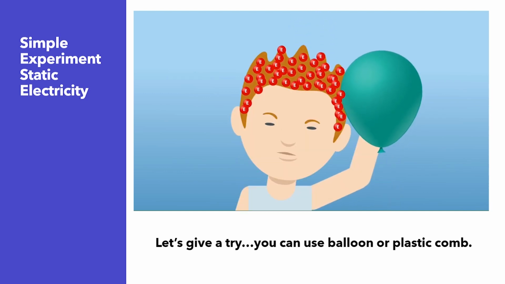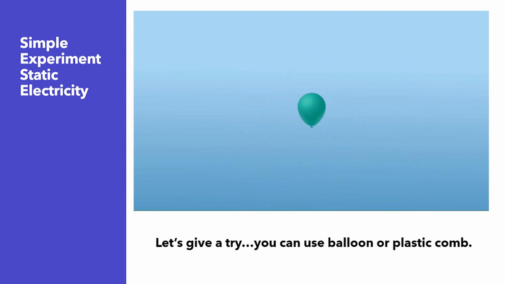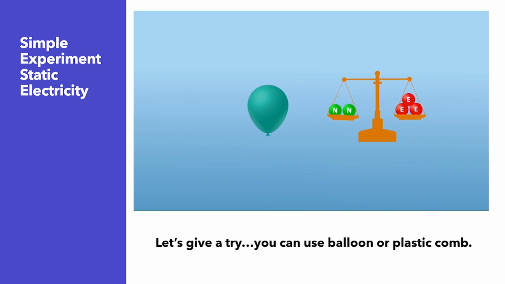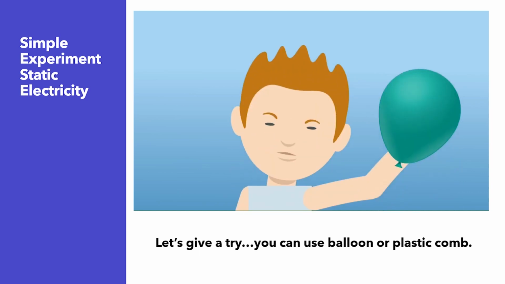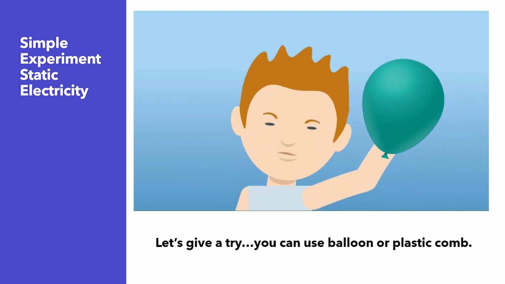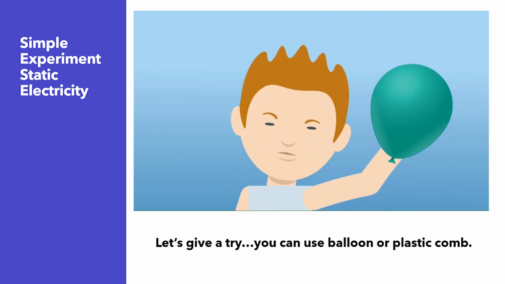When you rub a balloon with your hair, loosely bound electrons lose their place and stick to the balloon. Now the balloon has more electrons than neutrons and it is negatively charged. And as the balloon comes near your hair, the balloon will attract your hair towards it. Because